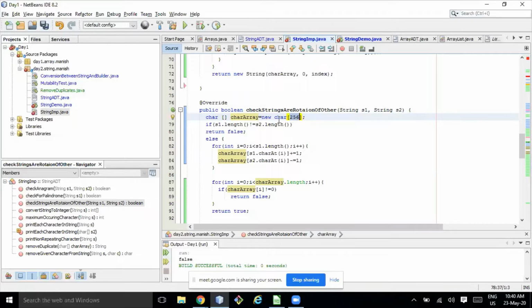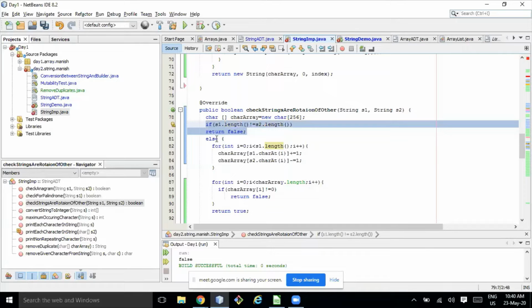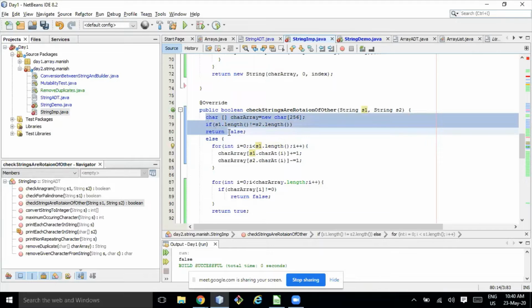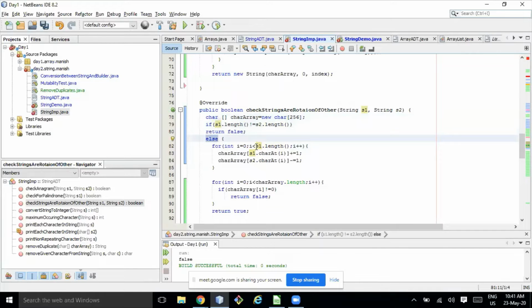Here I check if s1.length is not equal to s2.length, and I straightforwardly return false. Otherwise I loop, because if it comes to this block, s1 and s2 sizes are equal, so I can pick either s1 or s2 here, it doesn't matter.